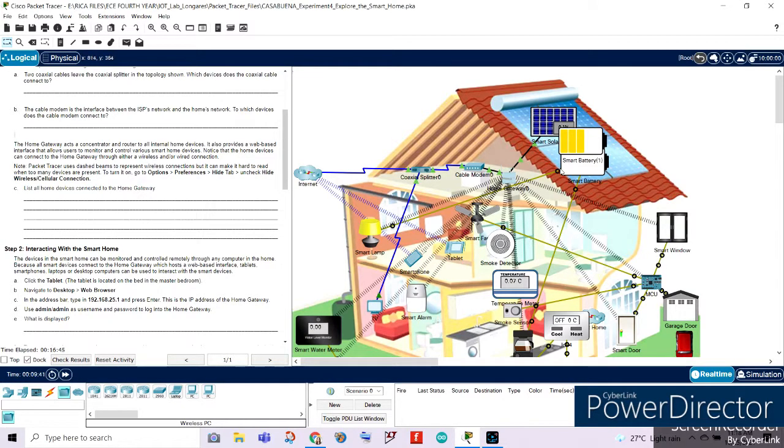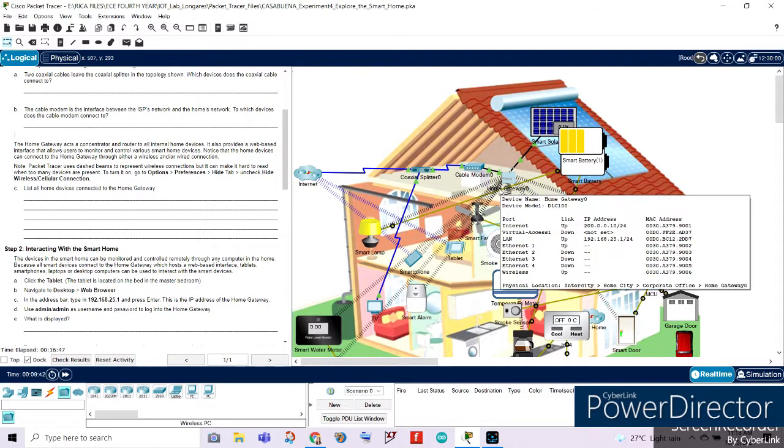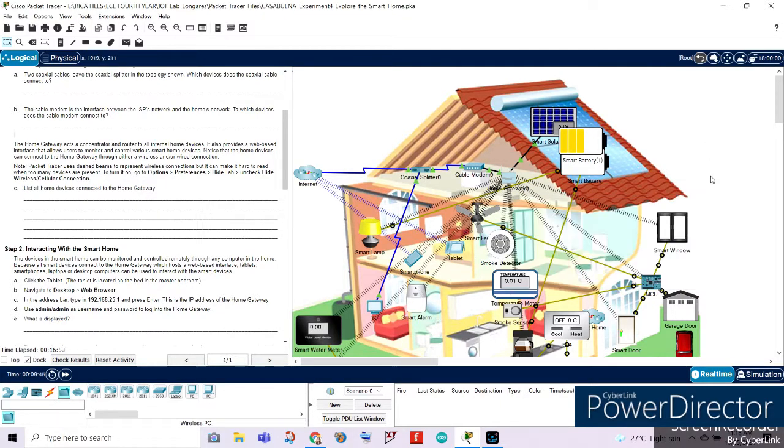Then, as you can see, a dotted line, or let's say dash beams, has been shown on the screen from the home gateway. This shows all of the home devices connected to our home gateway, which is being asked in question letter C. So as we can see, the dash beams represent the connection of the devices to our home gateway. The devices connected to the home gateway are the smart window,